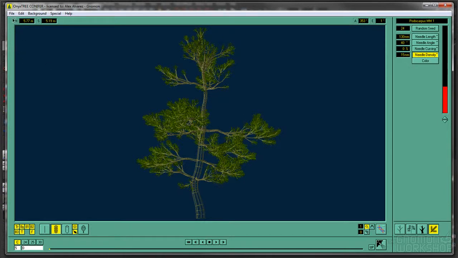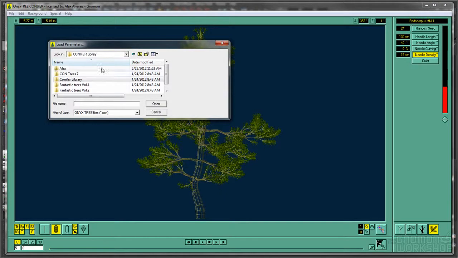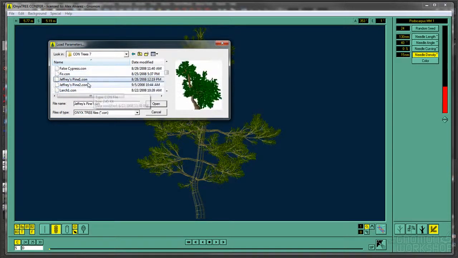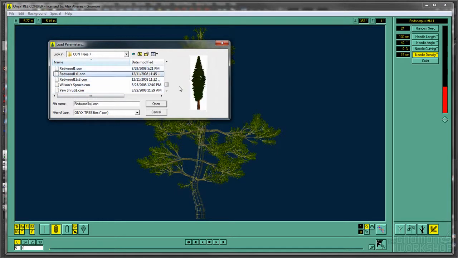But let's go and jump up to the Con7 directory, where we can see we have a bunch more stuff. So we have some cool cypress trees, something called Jeffrey's pine, which is kind of neat looking. And let's go and find those redwood trees. So here we have 3 different redwoods, all of which give you a useful start point. And if I load one of these in,